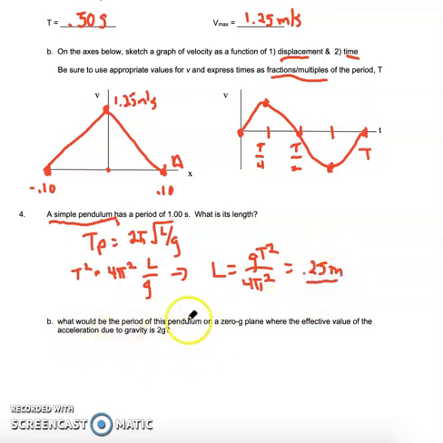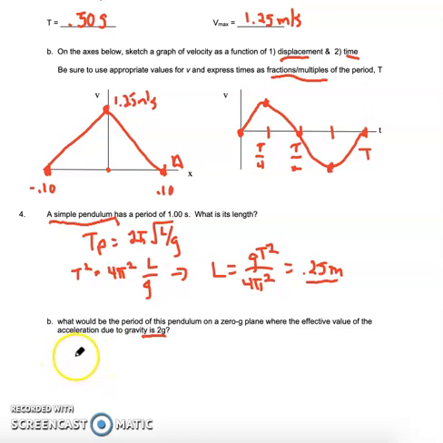Then let's say we bring this pendulum into a 0 g plane where we can alter the field of gravity, so the gravitational acceleration goes up by 2-fold. Since g is in the denominator, we expect the period to go down if g goes up. So if I solve for T here,